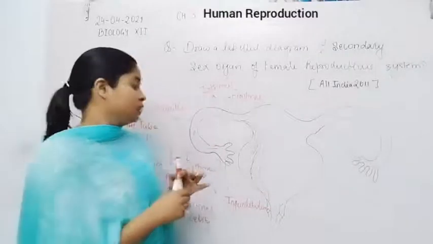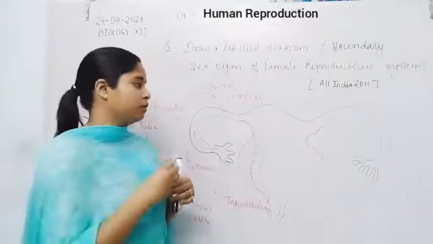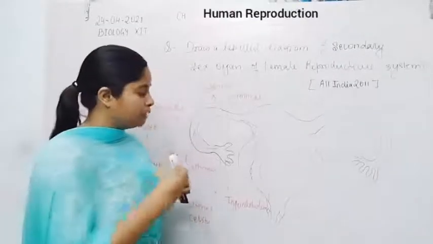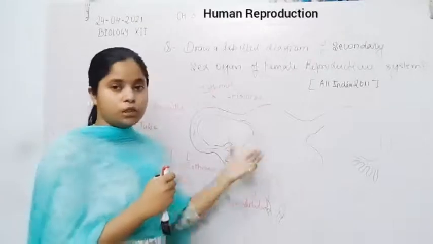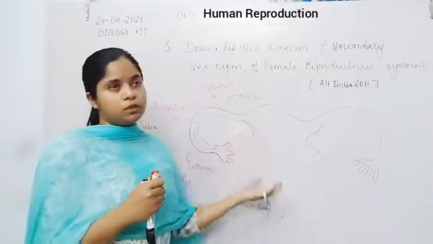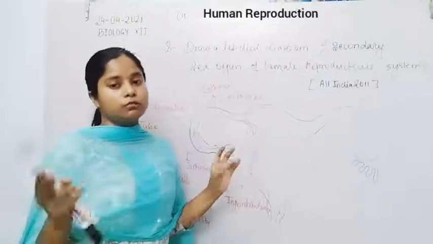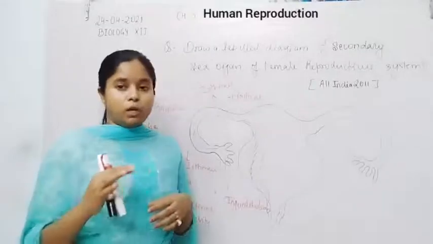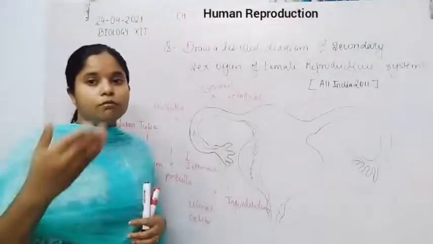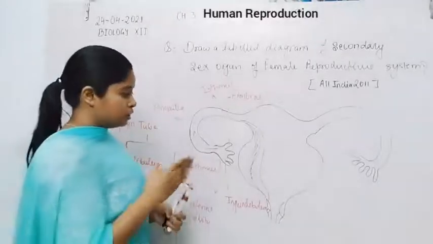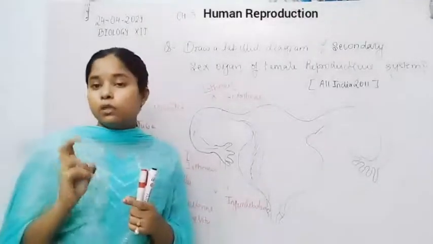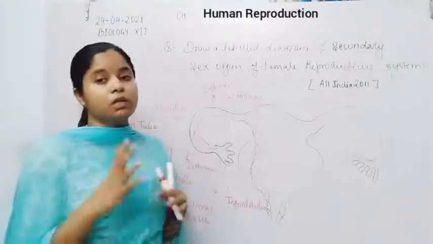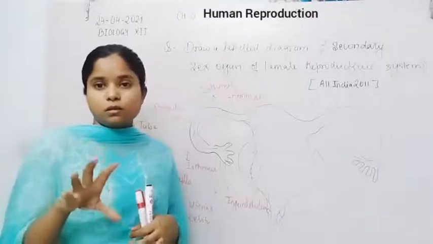They push the ovum or fertilized egg, which is converted into the zygote, and when they move towards the cavity or towards the uterus, it undergoes the cleavage process, and thus from the zygote 2 cell, 4 cell, 8 cell, 16 cell blastomeres form inside the morula. Now, the morula is converted into the blastocyst, which consists of two layers or two structures. The outer membrane is known as the trophoblast, and the inner is the inner cell mass.